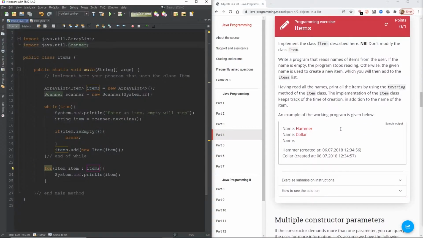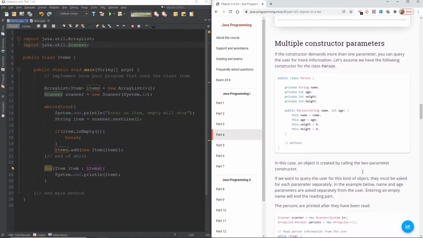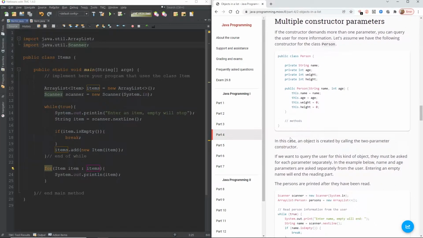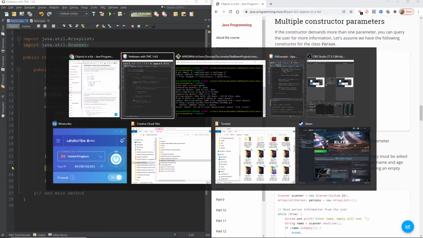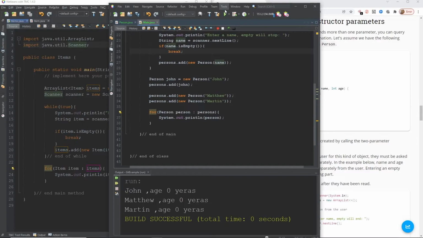There we go. Excellent. So that should be sent off. Let's give that a refresh. There we go, and we've got our point. So, multiple constructor parameters. The ones that we've created so far have only had one constructor. So I'm going to open my Apache NetBeans as well, which has got the person example in it. Here we go, and I'll just move that to the left so we can follow along with our person example